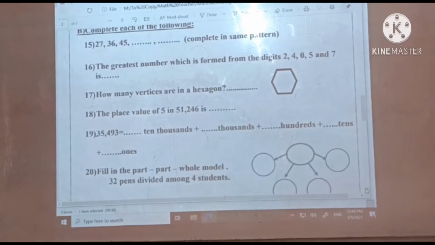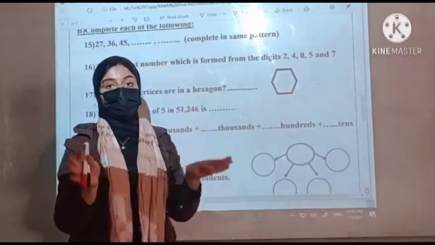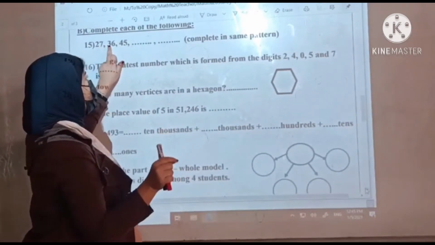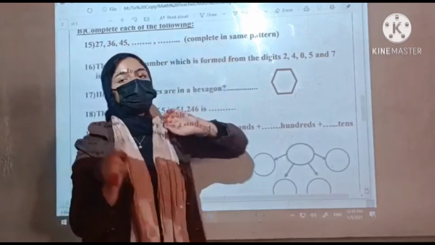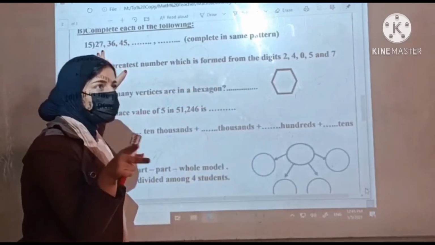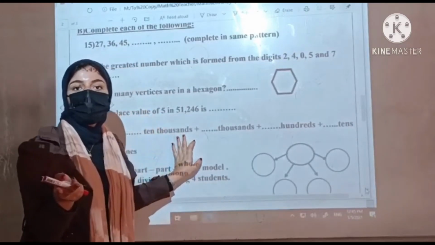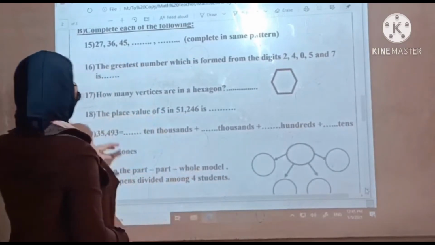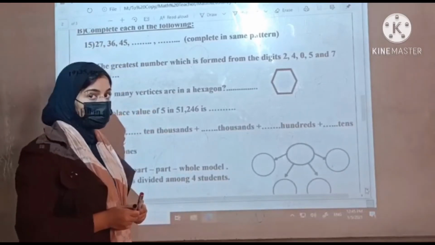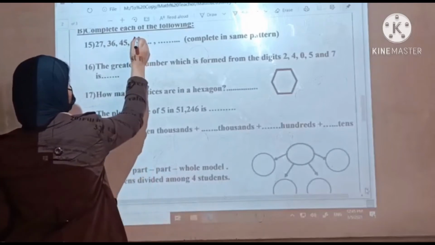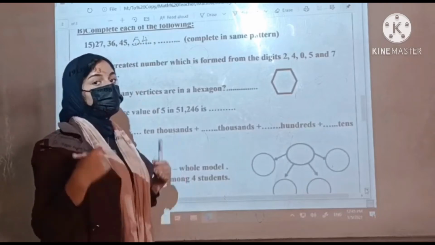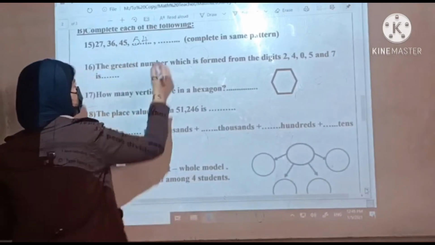Our vision. So here we're gonna complete each of the following, okay? So 27, 36, 45. We're gonna complete in the same pattern. So 27, 36. So I add how many now? I add 9, excellent. So 27, 36, 45. When I add another 9, it will be 54, and when I add another 9, it will be